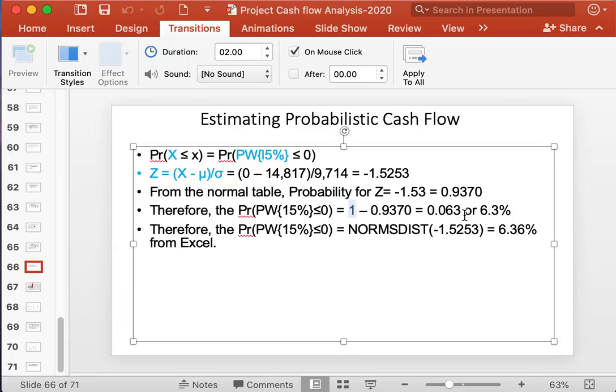So that will give the probability. So the probability of the net present worth being less than 0 is equal to 6.3%,